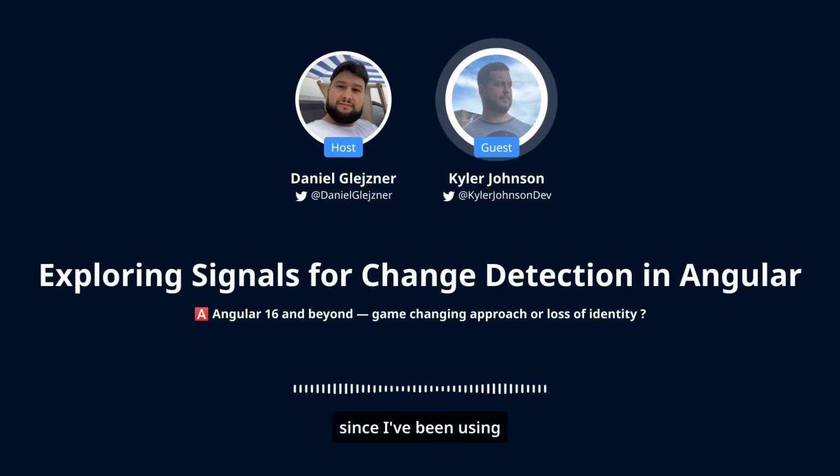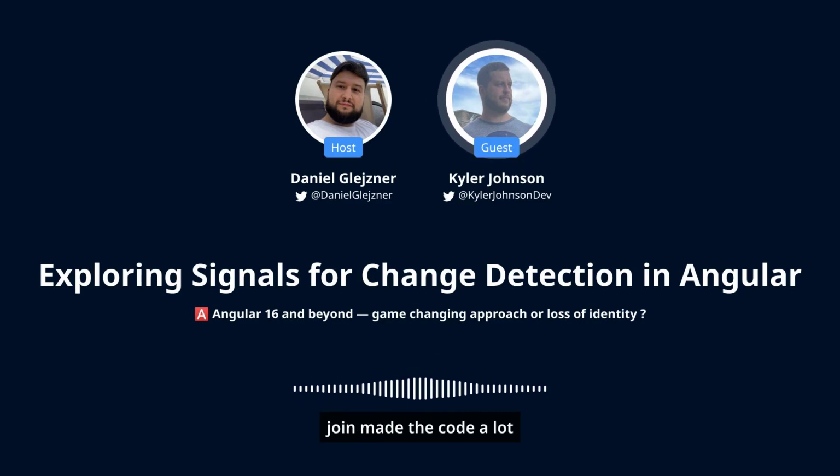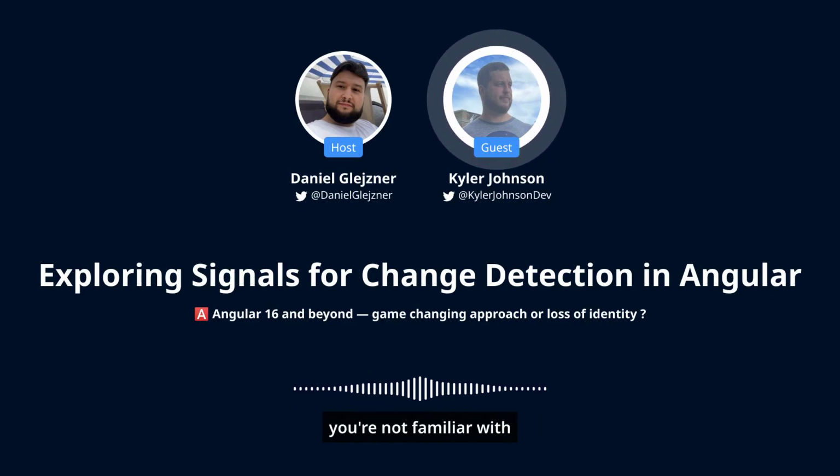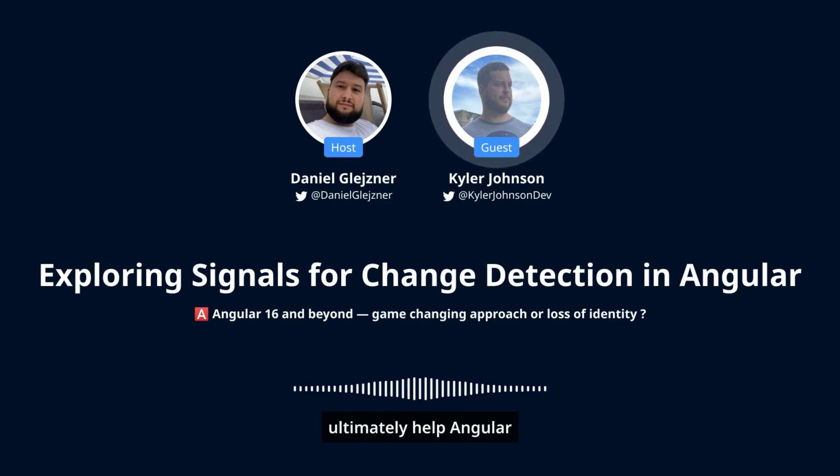However, since I've been using RxJS for years, that's not really a learning curve to me at this point, and there are times where I've run into situations where forkJoin made the code a lot simpler than a Promise.all would do. But if you're not familiar with RxJS, signals provide an additional avenue for you to get into Angular without having to learn RxJS, which is going to flatten that learning curve and I think ultimately help Angular adoption.